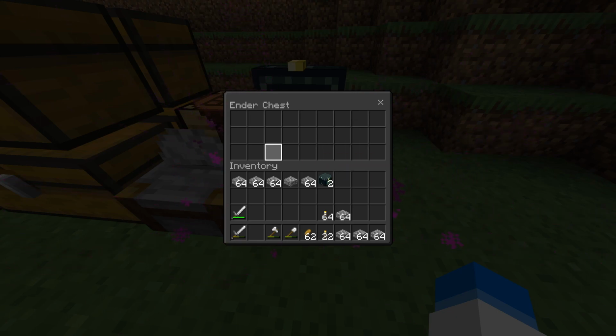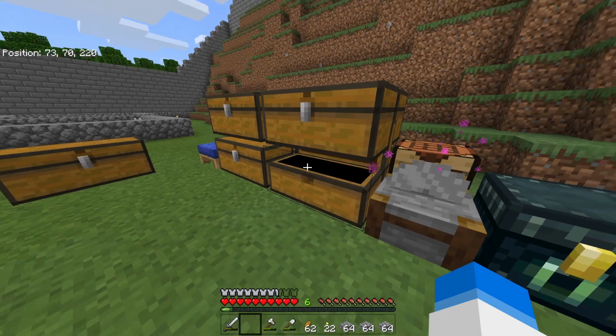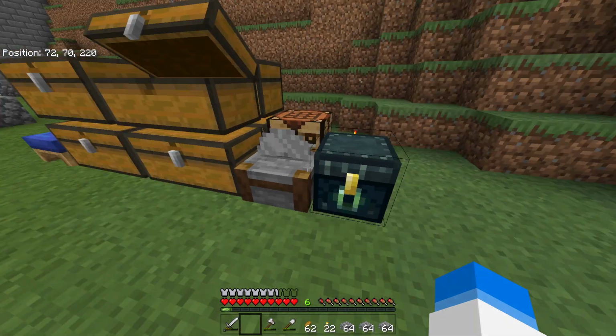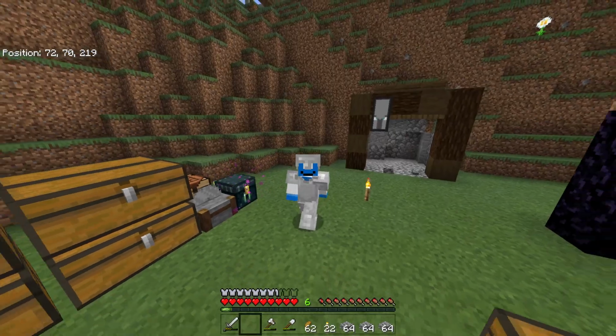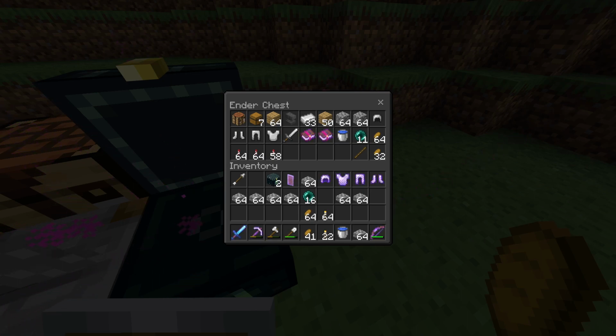So I'm going to fill this up with spare resources like wood and iron and that sort of thing. And I don't really know what else we need. Armor, I guess. Spare armor. Chests to make into shulker boxes. We'll need a crafting table. I'm going to do that right now, because it's kind of boring to watch. 2,000 years later. So it took a little bit of time, but here is our ender chest,